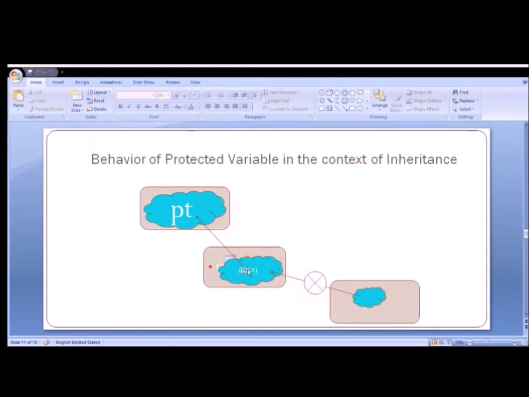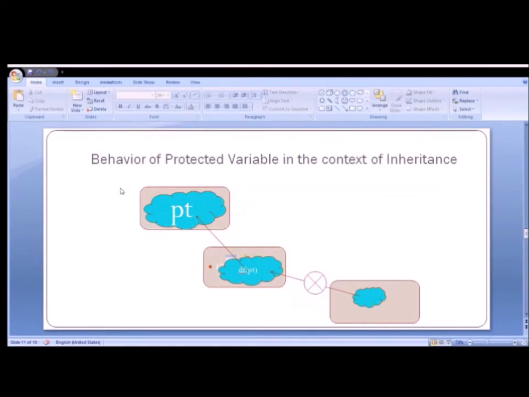Now, this default variable cannot be accessed by its subclass because it is present in different package. This is also clear to us in the context of default variable. So, in this case, the protected variable present in class 1 cannot be accessed by class 3.